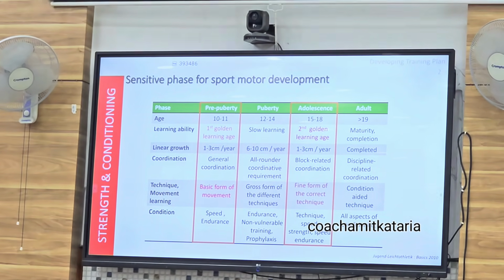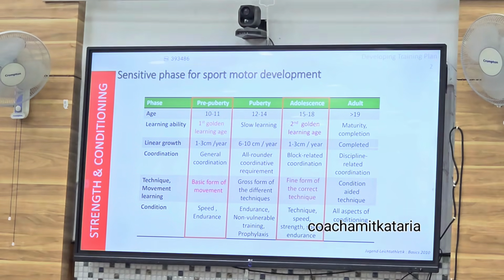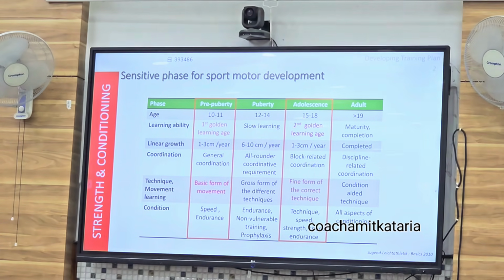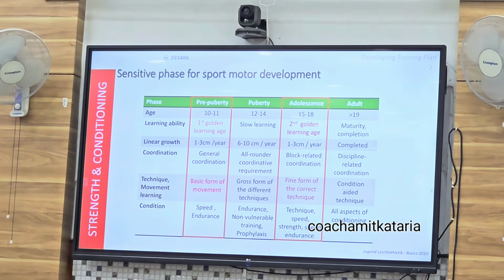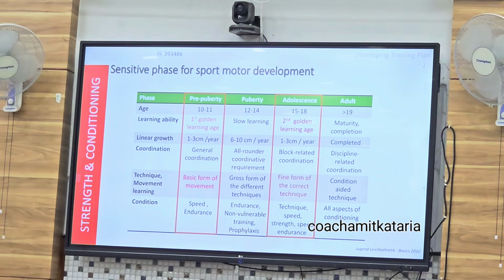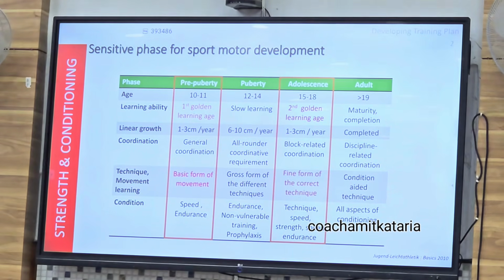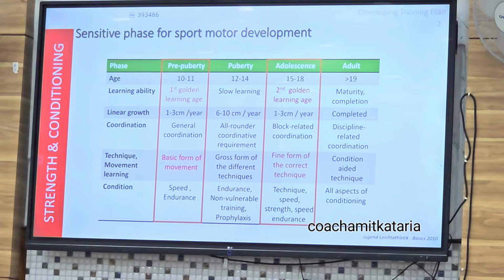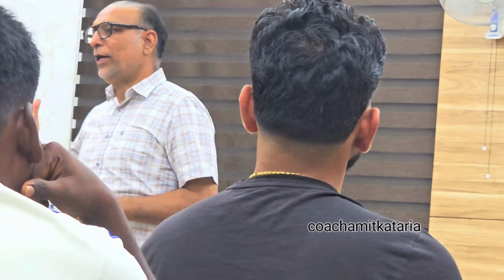Regarding the golden age, that window of opportunity, we call it that because when you train during that period, whether pre-puberty or puberty, if your athlete is trained properly according to this system, then your athlete is likely to achieve his or her potential. At least genetically, whatever potential is inside, if at that stage the athlete is given proper training with this system, then he will achieve his maximum physical capacity in a lifetime. There are many athletes who have the genetic potential to achieve a high level of performance in the long race, but in the earlier phase they don't get the opportunity to be trained like this, so they find it difficult to reach that